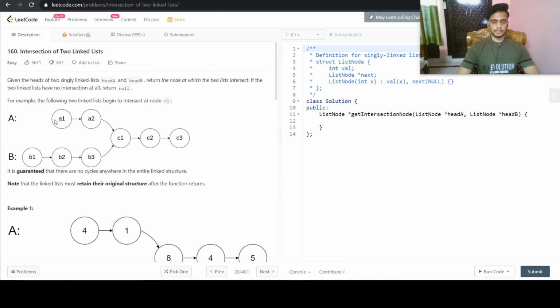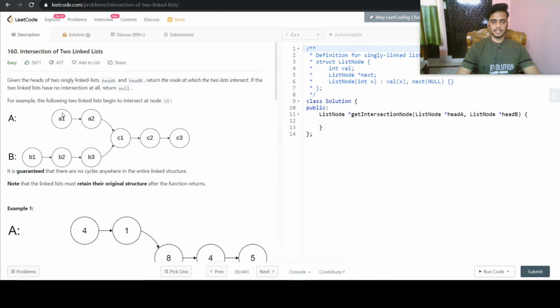And also from linked list A, if we traverse the whole linked list and then traverse these three nodes, then we will again reach the same intersection point. Now if you count the number of steps that we have taken from the first linked list to reach the intersection point, it will be 1, 2, 3, 4, 5, 6, 7, 8, and at the ninth step we reached our intersection point.